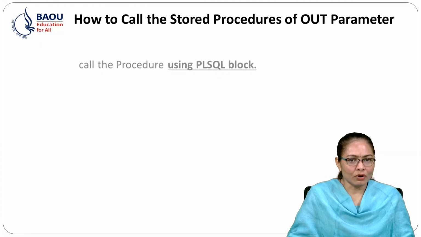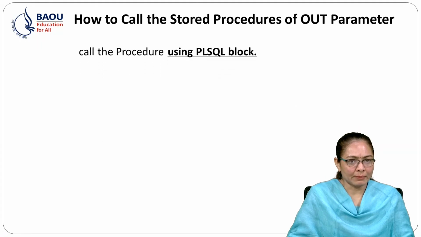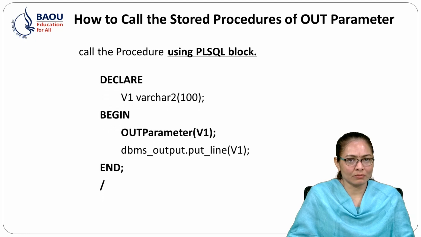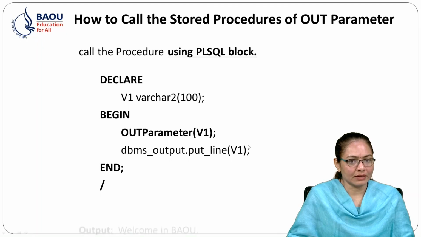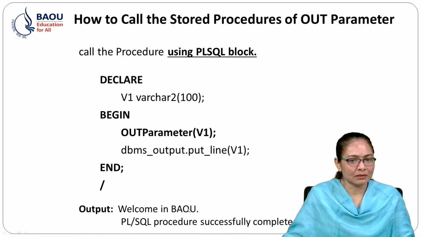Now how to call the stored procedure of the OUT parameter? Call the stored procedure using the PL/SQL block. In the PL/SQL block, in the declaration section, we define the variable v1 as a varchar2 and size is 100. In BEGIN, out parameter is the procedure name, and here we define the v1 variable. So the v1 variable is used to accept the value from the procedure and display it, like welcome in BAOU. See,